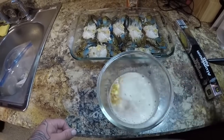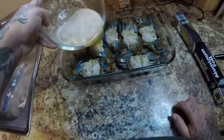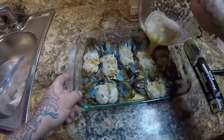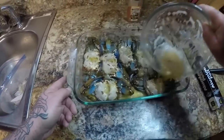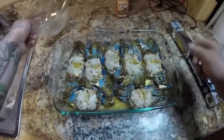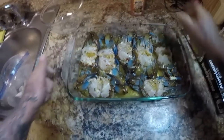And what this is here, this is your steaming liquid. So we're just going to pour this over the crabs like this. Get it all in there. Just like that. So looks about like that, guys. Alright. So now